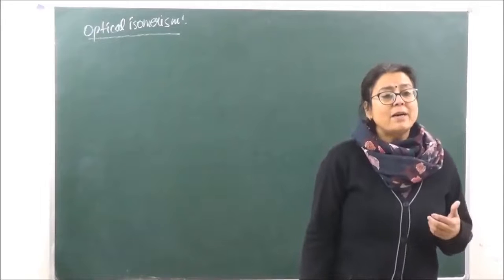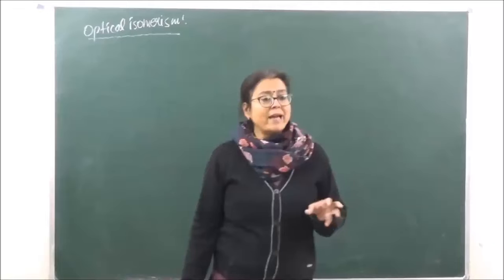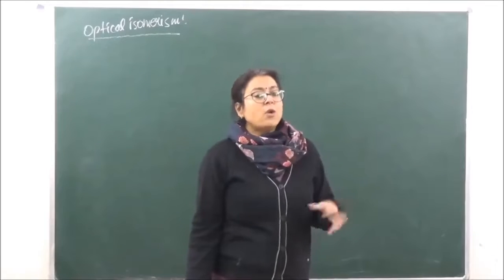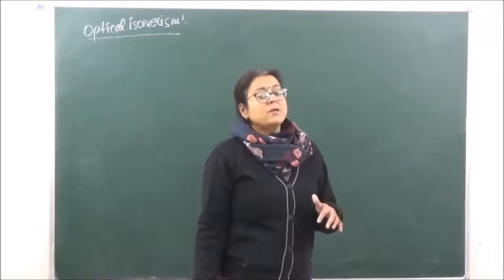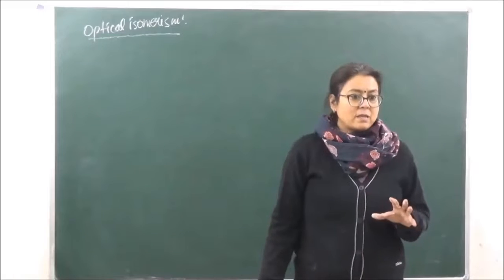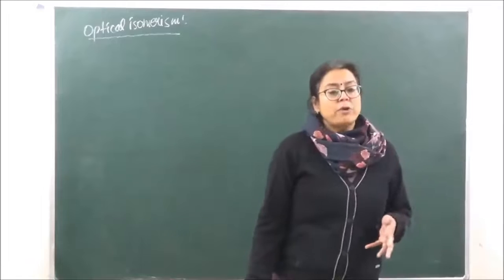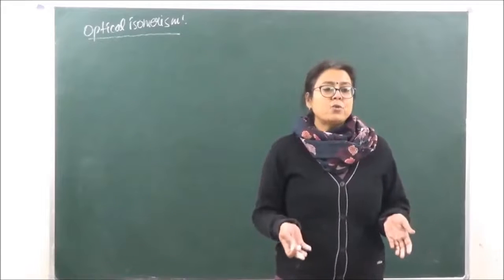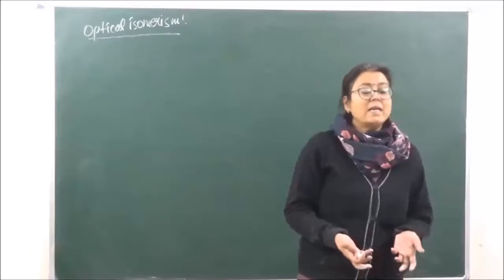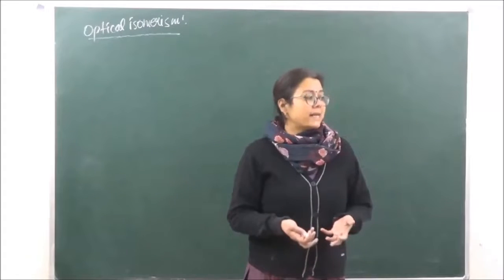Polarized light means that it is traveling only in one direction. When this polarized light is subjected to any sample, any coordinate complex, that complex may have a tendency to rotate the plane of polarized light. Not always, but it may. If it is rotating the plane of polarized light, such substances or coordinate complexes are said to be optically active.